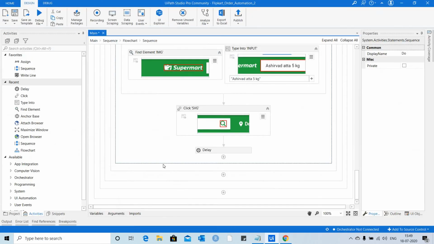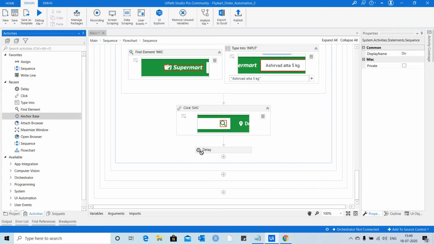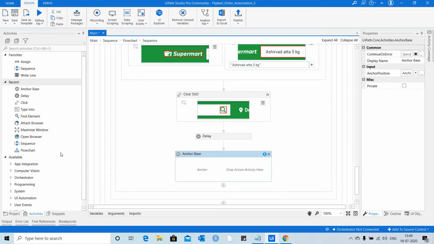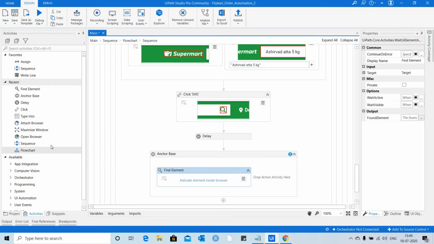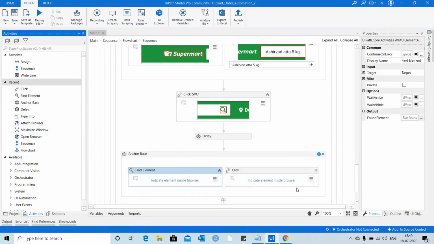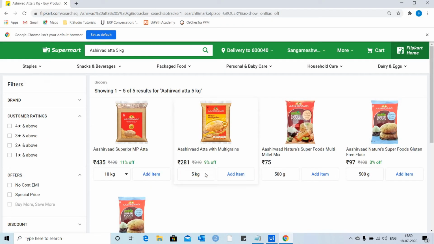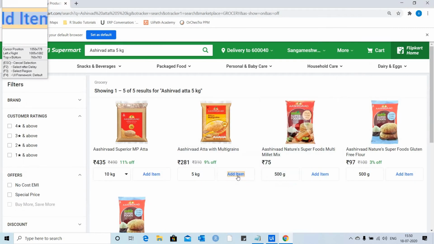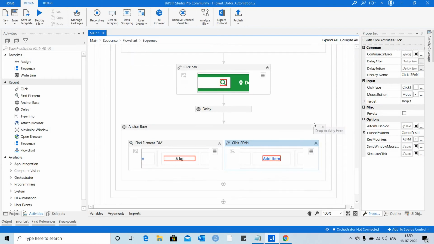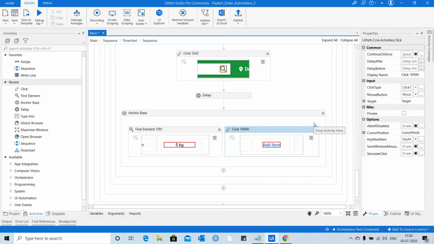So for that I'm going to use anchor base activity again, in which I'm going to use find element and then click button. So for find element I'm going to use this as a reference, and then this button to add this grocery item in the cart.